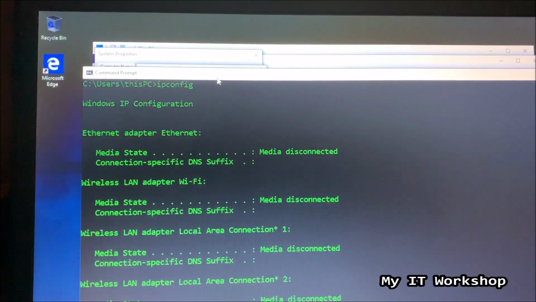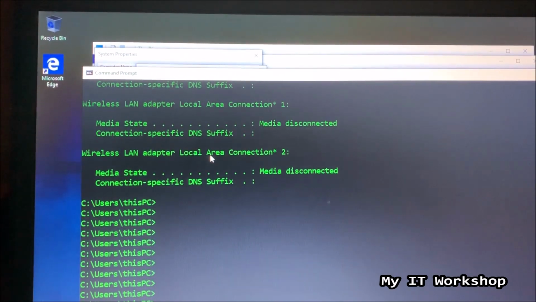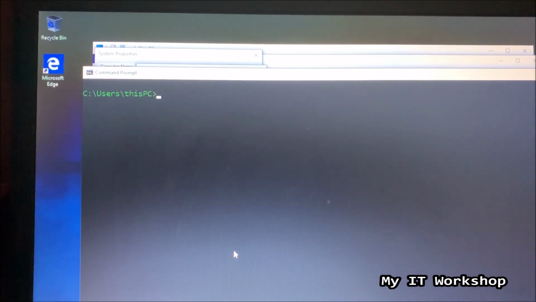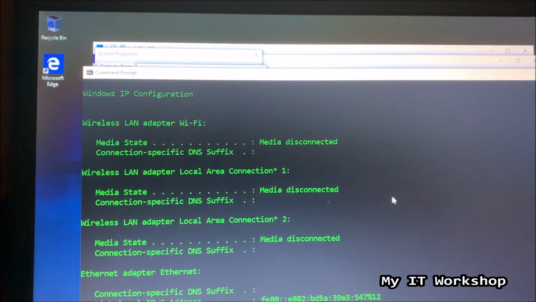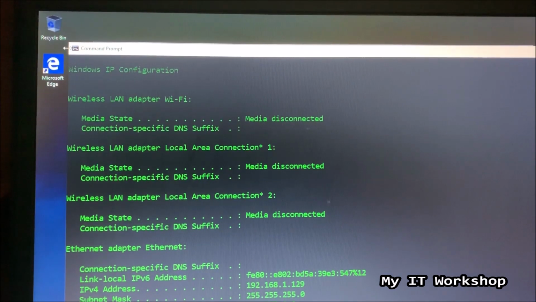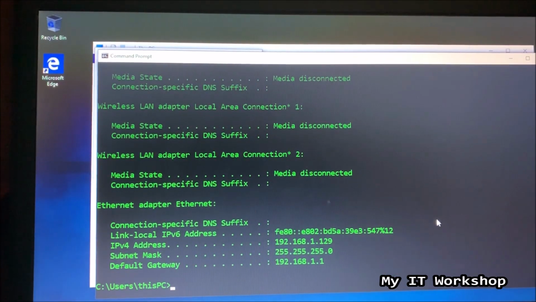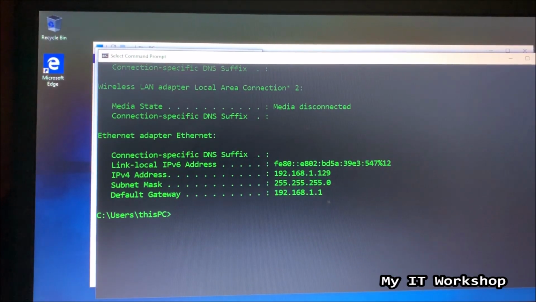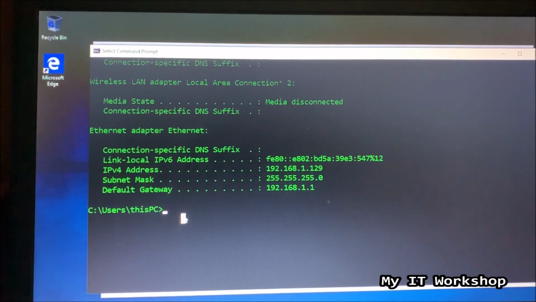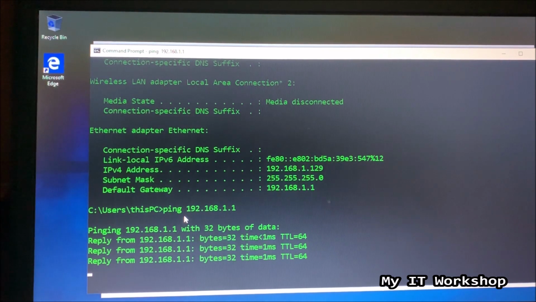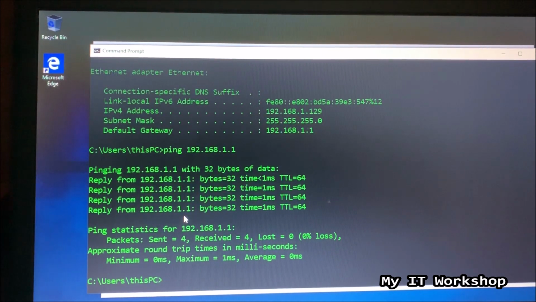The first command is ipconfig, to see if I'm receiving an IP address from my DHCP server, which is the Cisco Wallet. And as you can see here, everything says maybe disconnected. So I'm going to try again, ipconfig. And now I'm receiving the IP address. So you can verify the address, 192.168.1.129. My gateway is 1.1. And I'm going to ping my default gateway, or the Cisco Wallet, and I have communication with it,